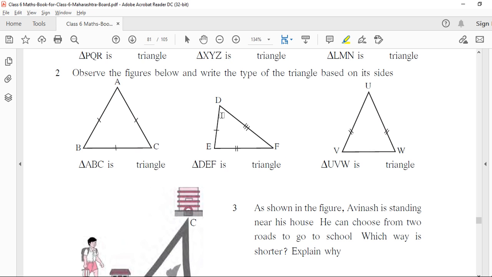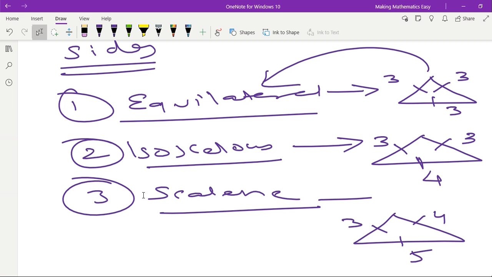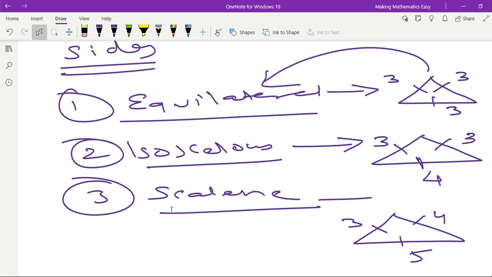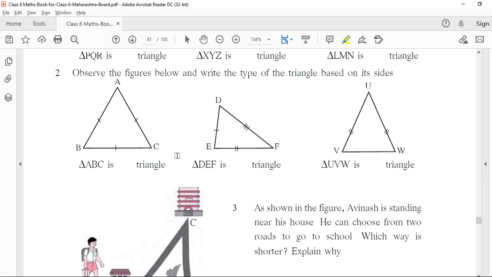This first case, right? Now this is a different sign, this is a single mark, this is a two mark, which means these two sides are not equal, they are of different measure. Now over here it is a three mark, this is also different, this is also different, this is also different. So this is a scalene triangle, the third one. Okay, now the third sum, over here we see two marks. So these two sides are congruent. So when two sides are congruent, it is an isosceles triangle.